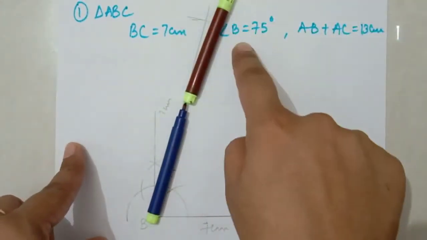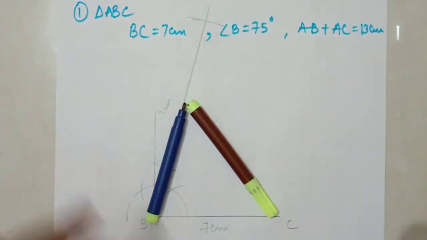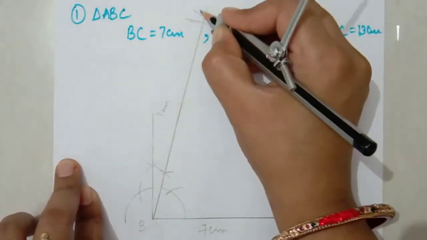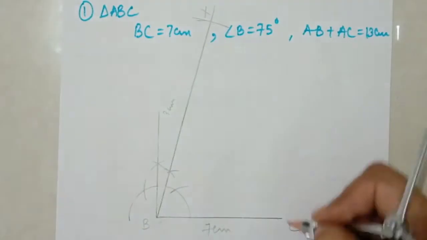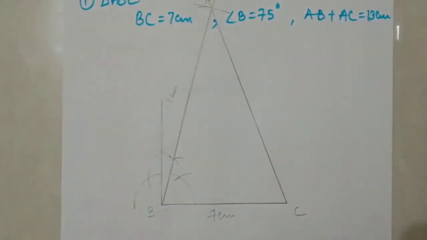It means the third side is also from here, and we have to fold this like this. Okay, so we have to find this point A here. So students, next step, we will mark any third point X, and now we will meet X to C. So students, join CX.